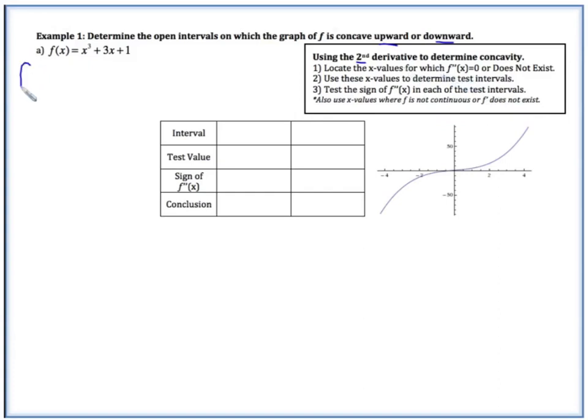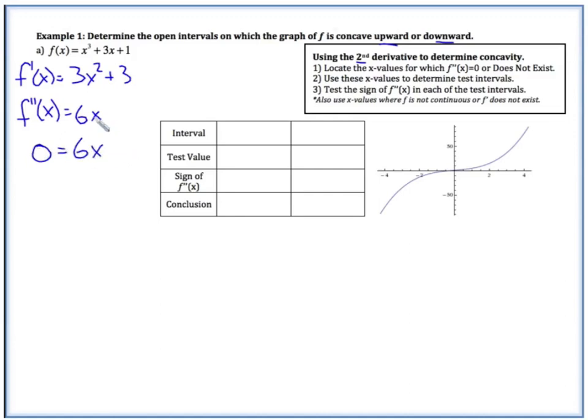We have to find our first derivative. That's just 3x squared plus 3. And then we go ahead and find our second derivative by taking the derivative of the first. So power rule, we get 6x and then plus 0. So we found our second derivative, and what we want to do is find where the second derivative equals 0